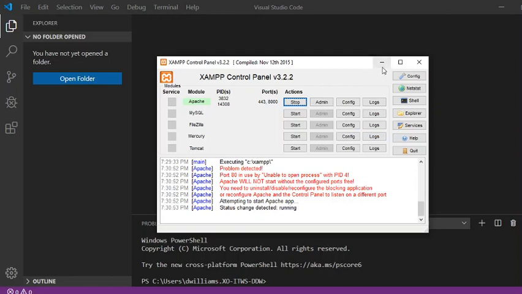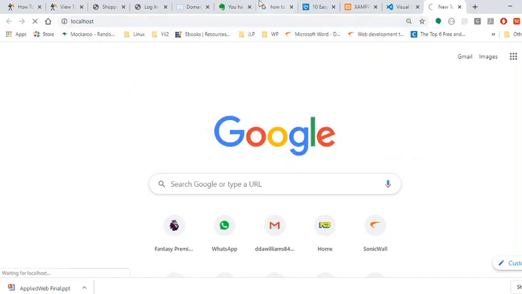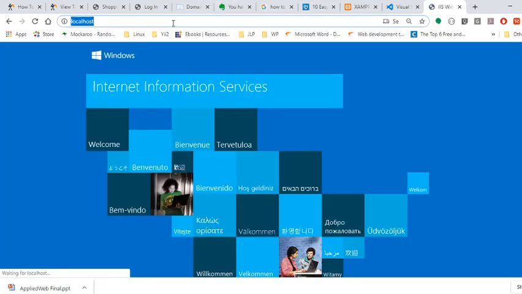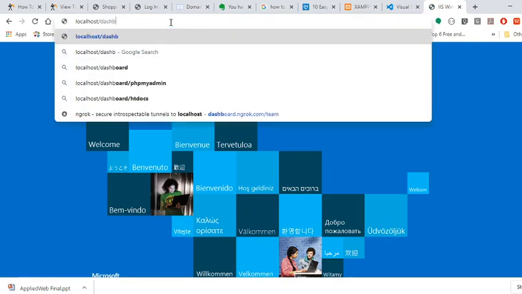This will give us a localized web server on your local machine. In order to access this web server, you can go to your web browser, type in localhost/dashboard,